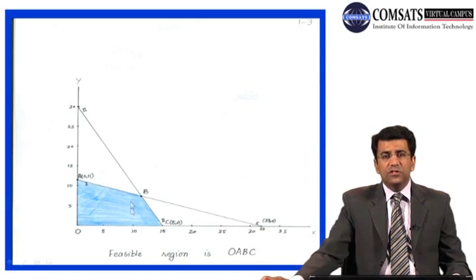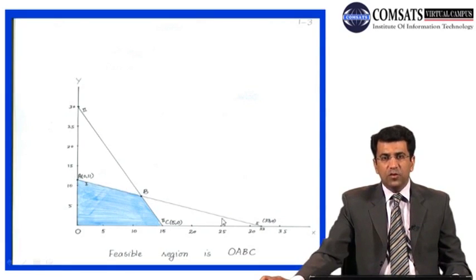Any point in this feasible region, we can operate on, and accordingly we can have the combination of the products A and B on the x and y axis, but we are interested in the best combination of product A and product B, which will actually maximize our profit. So again, class, we will use the corner point method. Again, what are the corner points here in this particular case? O, the point A, that is 0, 11,